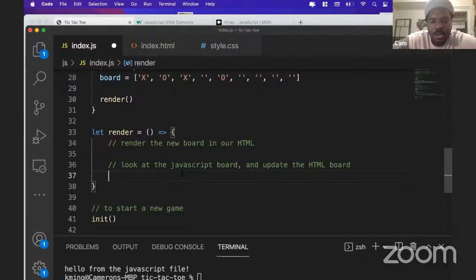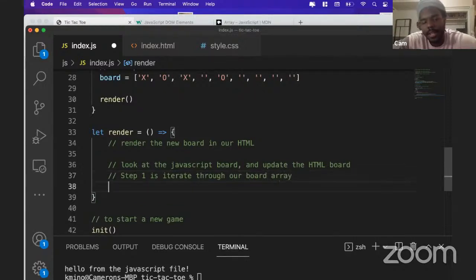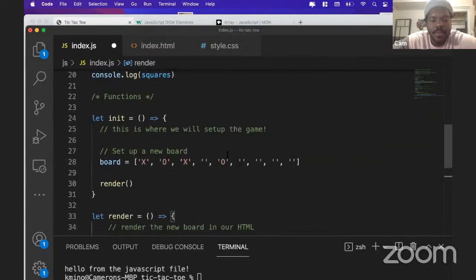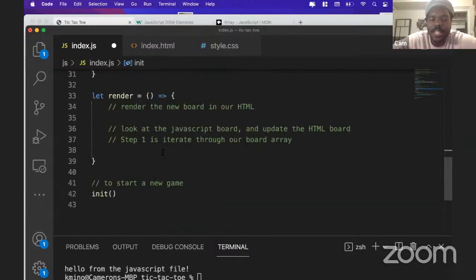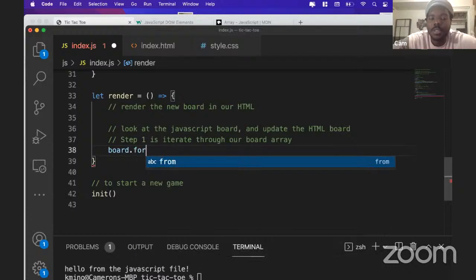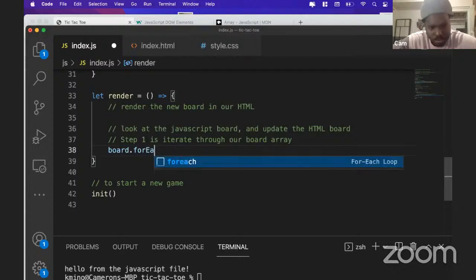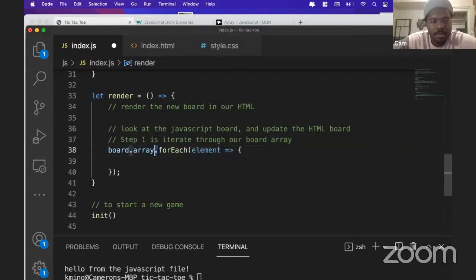So in order to look at the JavaScript board and update the HTML board, step one is to iterate through our board array. The fact that we have this as an array makes this very easy. We talked about for loops the other day, but we also saw that with arrays there are certain functions that make iteration over those items easier. So I can use the forEach function of our board